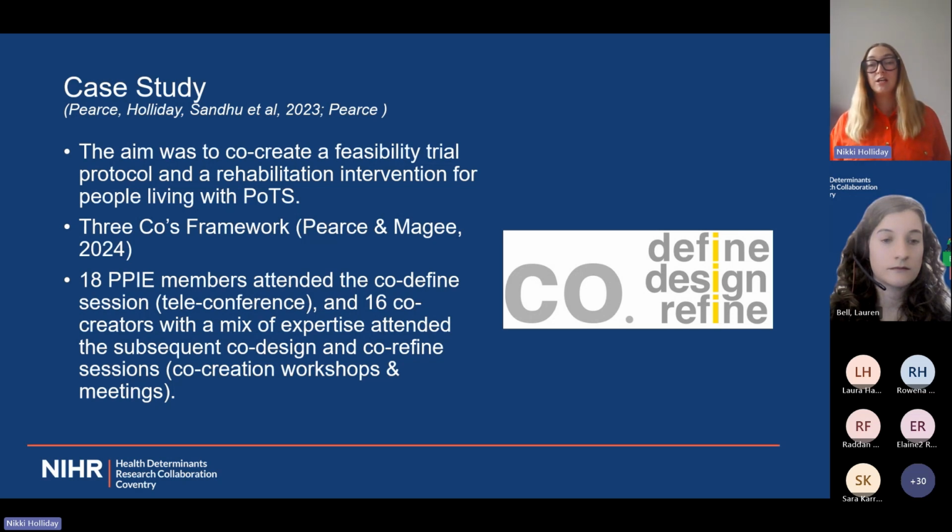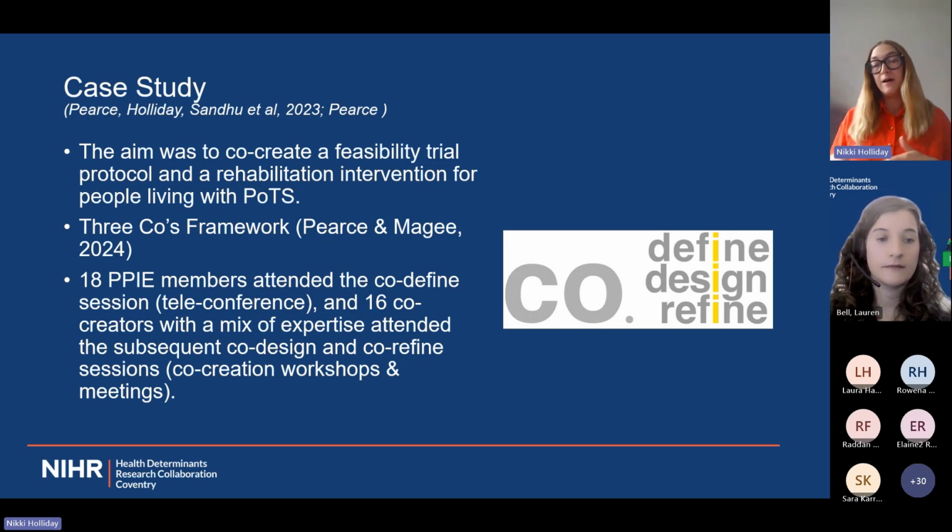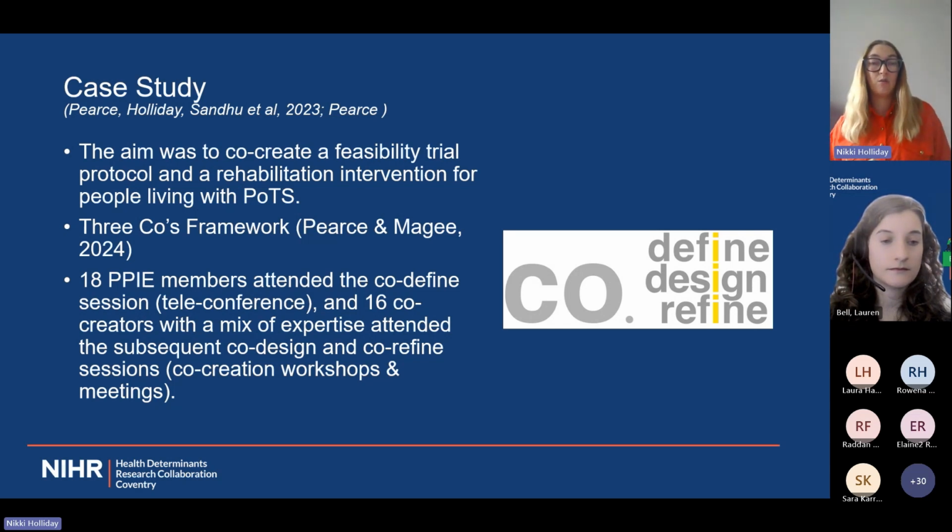We used a co-creation framework that was developed here at Coventry University by my colleagues Gemma Pearce and Paul McGee, called the 3 Co's framework. Essentially there are three broad phases where we co-define with people. We define the problem with people, we design the solutions with people, and then we refine those solutions with people. We used this as our framework, and we had 18 PPI members attend our co-define session,